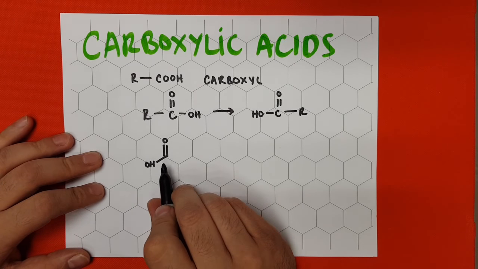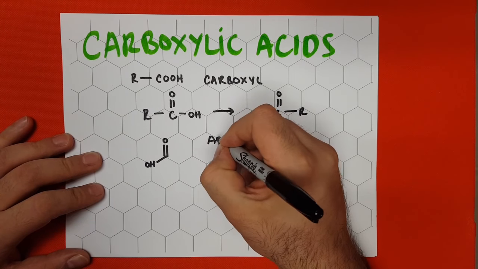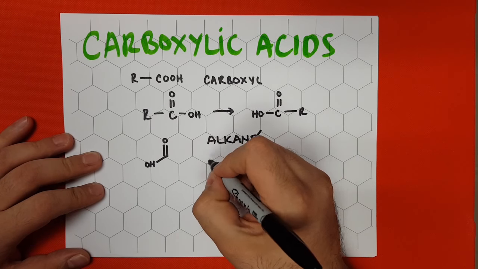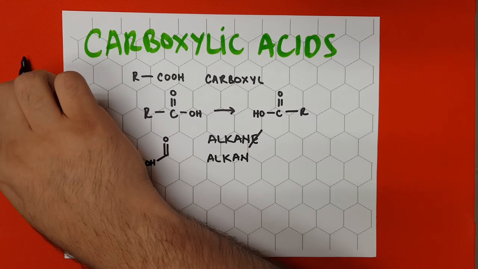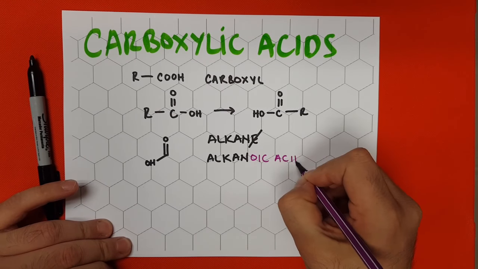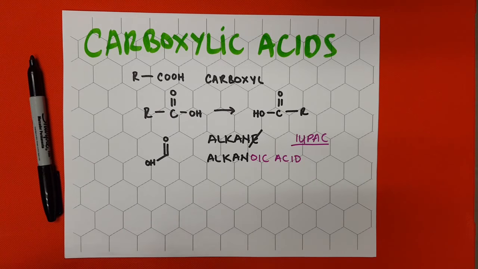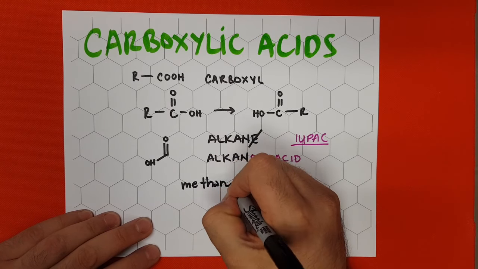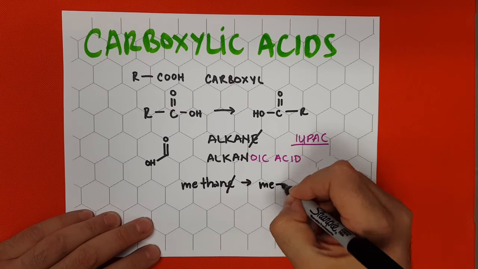In this case, we have one carbon atom, so for the name of this acid, we would take the parent alkane name, we would drop the E, and we would add the suffix oic, and I'm going to take another color to write this, alkanoic acid. Now remember, this is IUPAC names. So in this case, since I have one carbon, it would be methane. I drop the E and I add the ending. Turns into methanoic